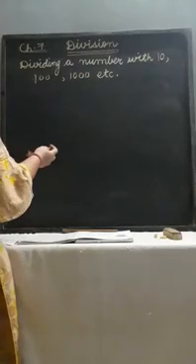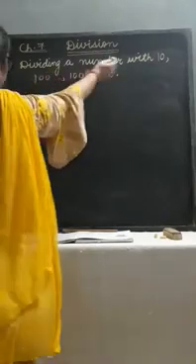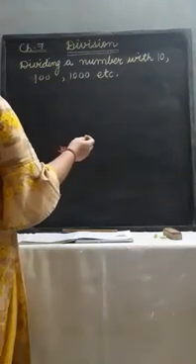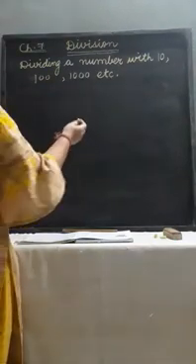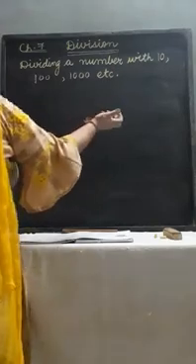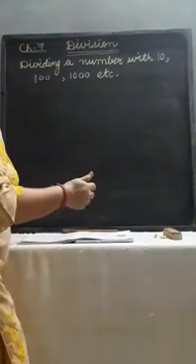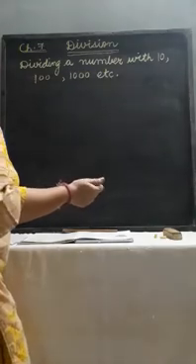Firstly, I will tell you the shortcut method of dividing a number by 10, 100 or 1000. Here we note the number of zeros in the divisor, and that many digits from the right of the dividend make the remainder and the rest of the digits make the quotient.